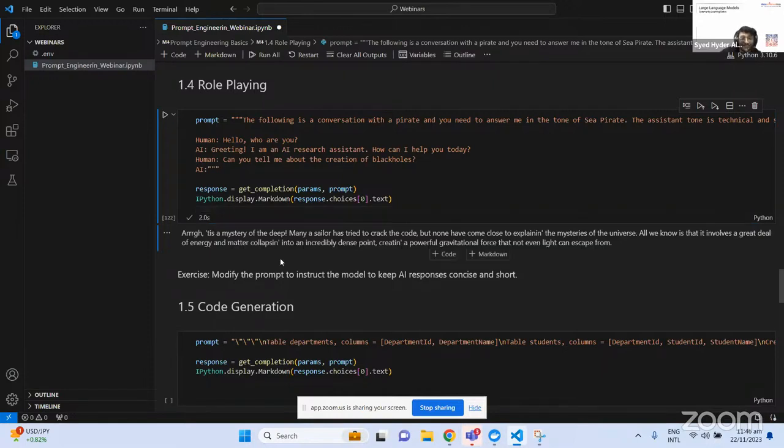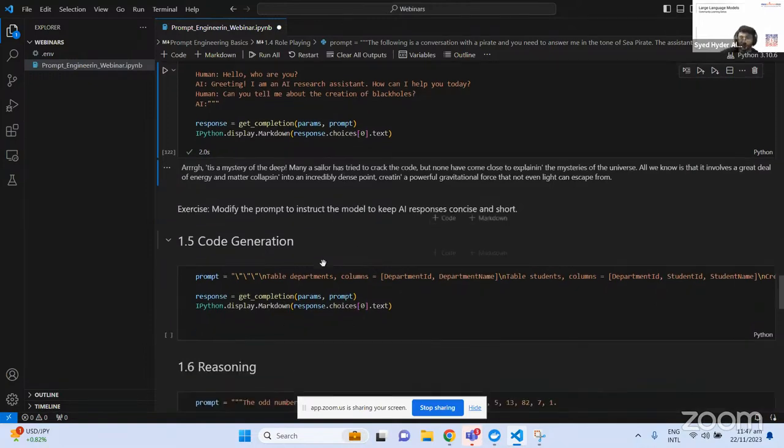Now you could see, I asked it to act as a sea pirate and answer. So it is like the role where we are asking it to respond in a certain way. You could see that it has answered, arr, it is a mystery of the deep, many a sailor has tried to crack the code, but it is telling about the black holes. So that's how role playing affects our model's working.